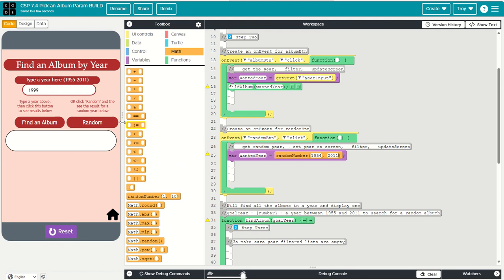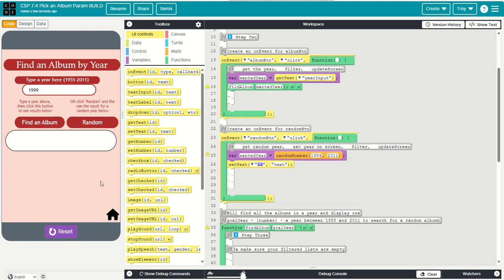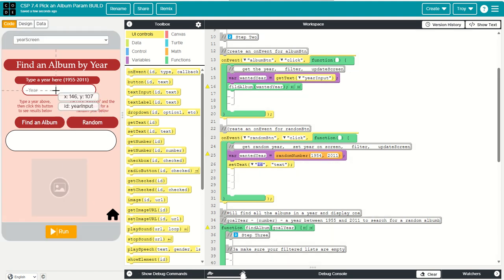So notice on random, I'm not using what the user told me. I'm just making up a number, using a random number. That being said, once I get a random number, I do want to set the random number to this box. So again, that's a user interface thing. So I'm back to the element. I'm going to use a set text. This is going to be a little weird. Where we usually have the input, the year input, I'm actually going to output